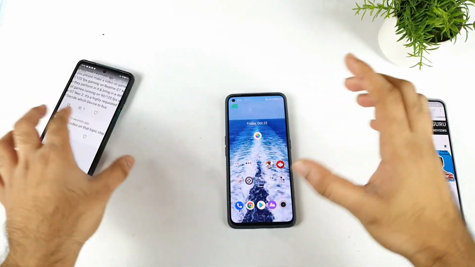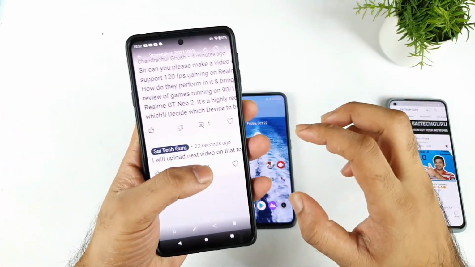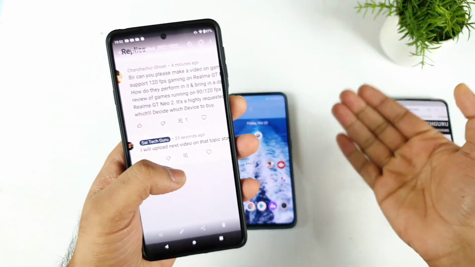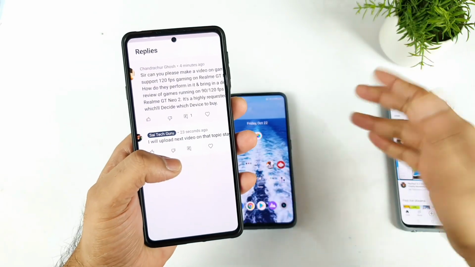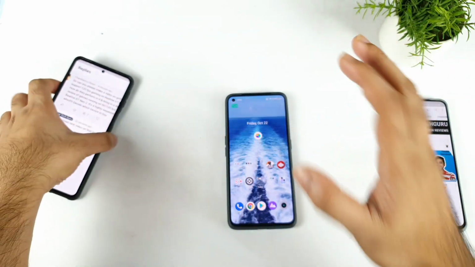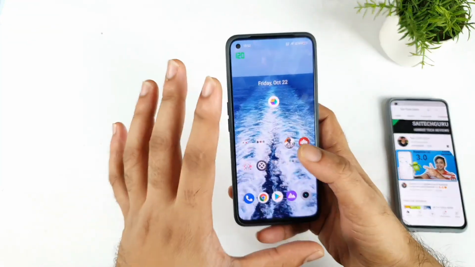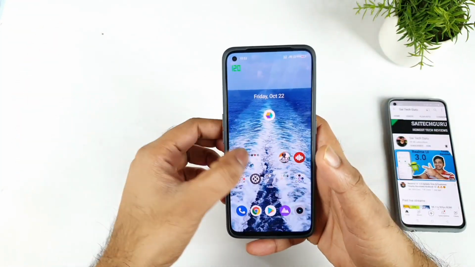In this video, I'll try to show you how you can actually play the 120 FPS gameplay in the Realme GT Neo 2 device. I'm getting plenty of comments friends regarding the 120 FPS, because a few of the users were planning to buy this phone, but they are worried that the phone may not be able to support high refresh rate games. But actually there is a way to play 120 FPS gameplay, but with a condition, in this device. This is not a new problem. Previously a lot of Realme phones also had this kind of issue.